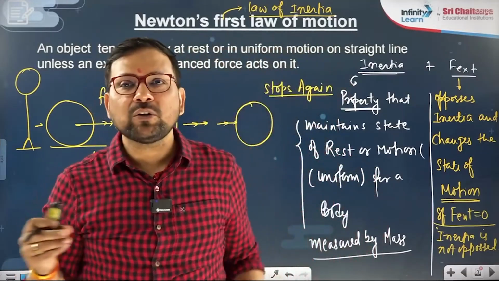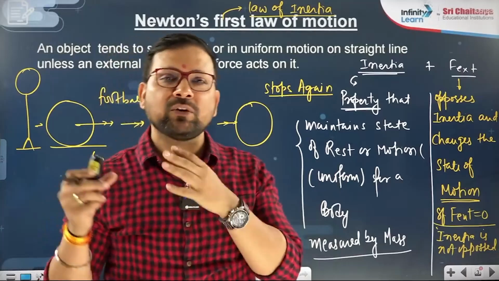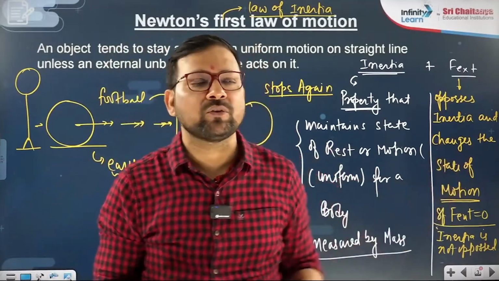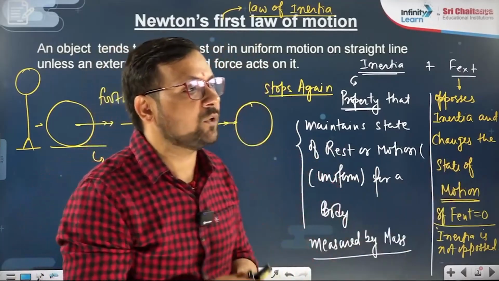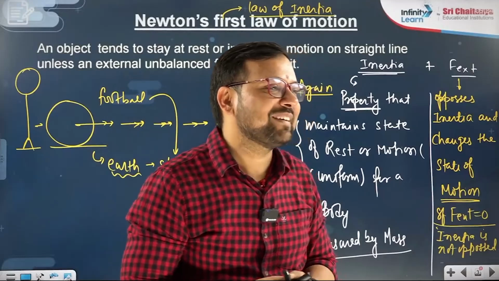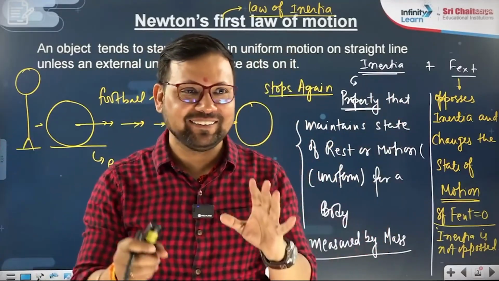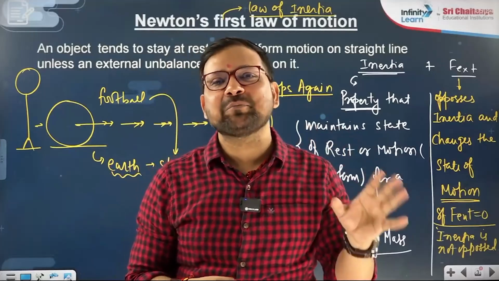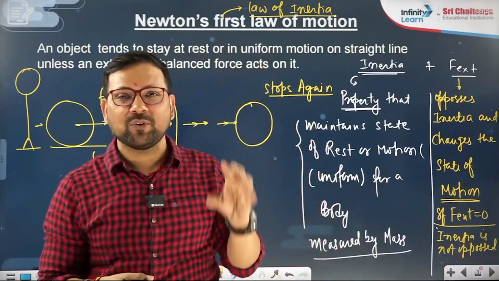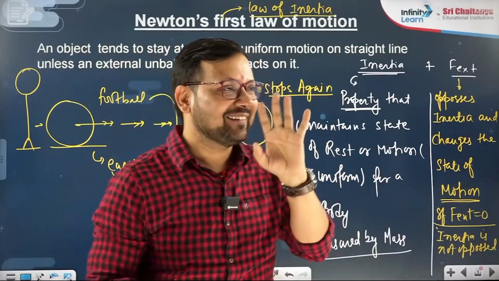So you understood the combination of Newton and Galileo. One was telling inertia, one was telling the external force concept. That is old Newton's first law. Once again, it is so common now, after so much discussion. Don't ask where the problem is, what technical problem there is. You want force, you want inertia. Just one line once again.